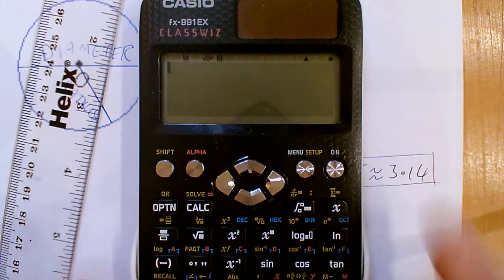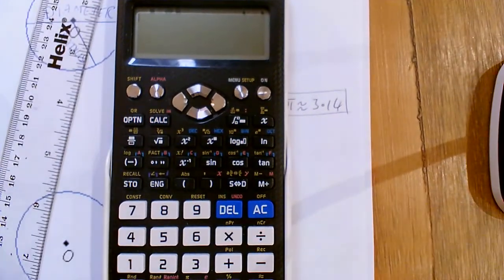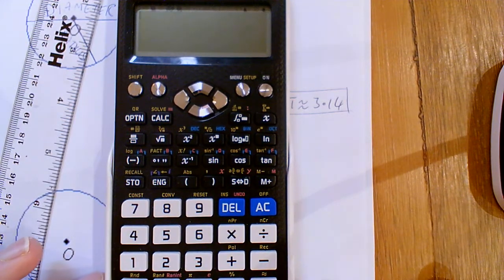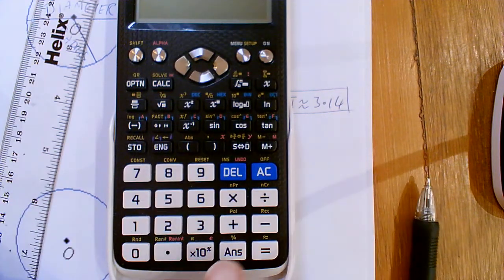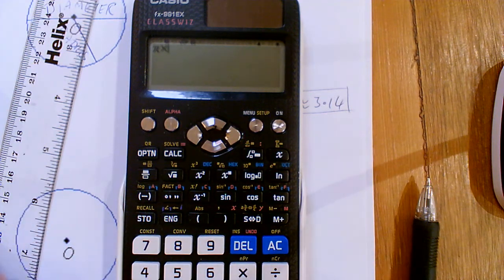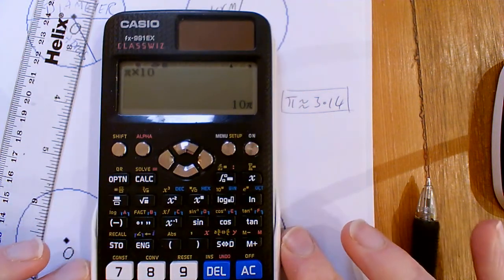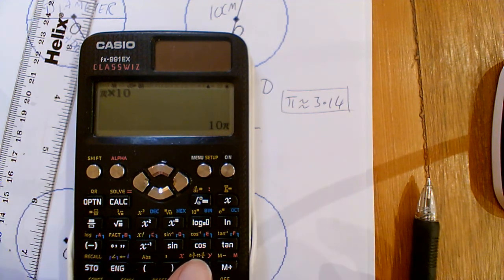So, on a scientific calculator like this one, which I'll just zoom out a little bit. Here it is. Okay, so if you've got a calculator similar to this, you're going to do shift and then this button here which says times 10 to the x, press that and you get pi. I'm going to times that by 10, and first of all it'll give me the answer in terms of pi, which is 10 pi. Hope you can see that. But I think you know by now that if you want a decimal answer you press SD. And there it is,